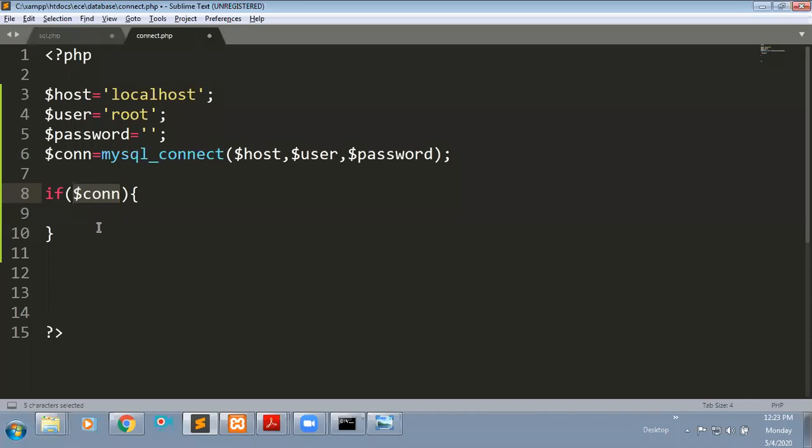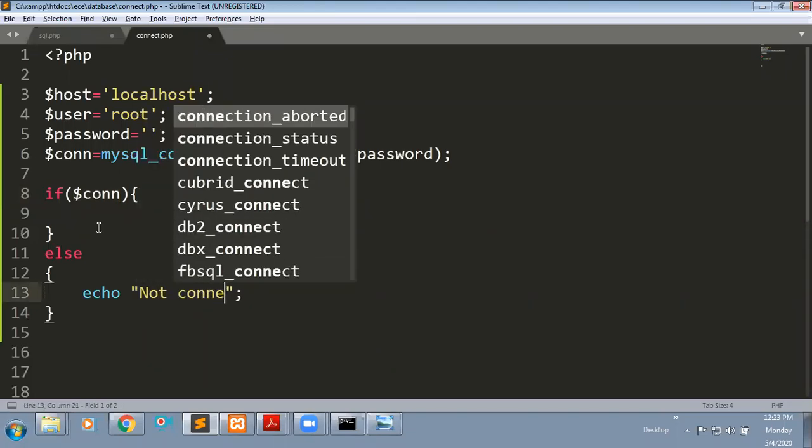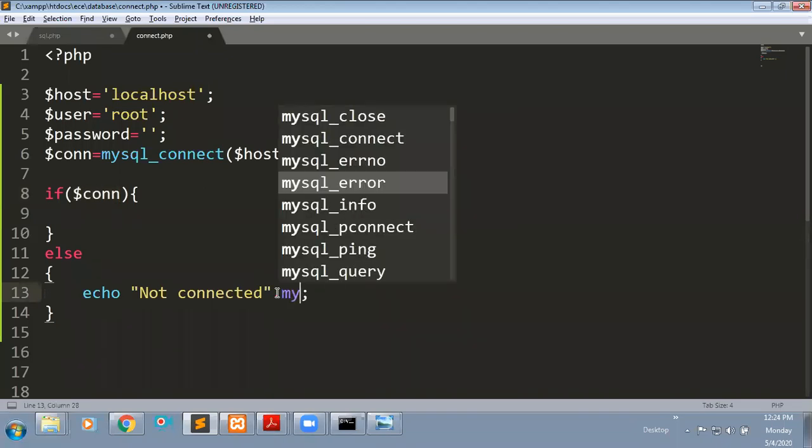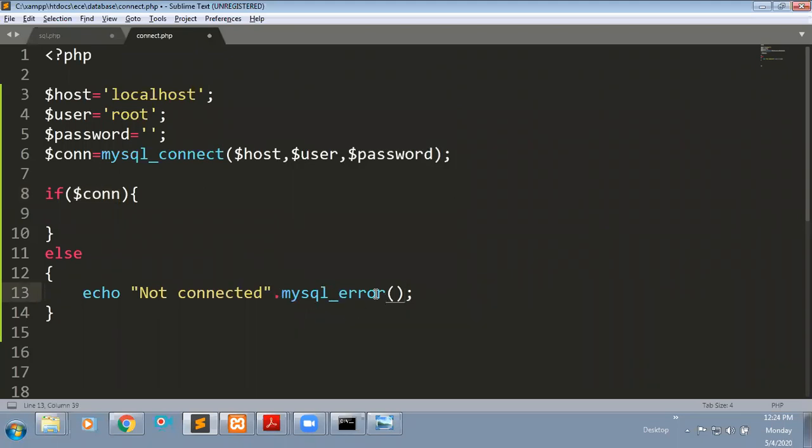Otherwise it will give an error message, and that error message I'm printing as not connected. If you want to see which error it is giving while connecting, we have one function, mysql_error. This function will give the error message while connecting to your server.